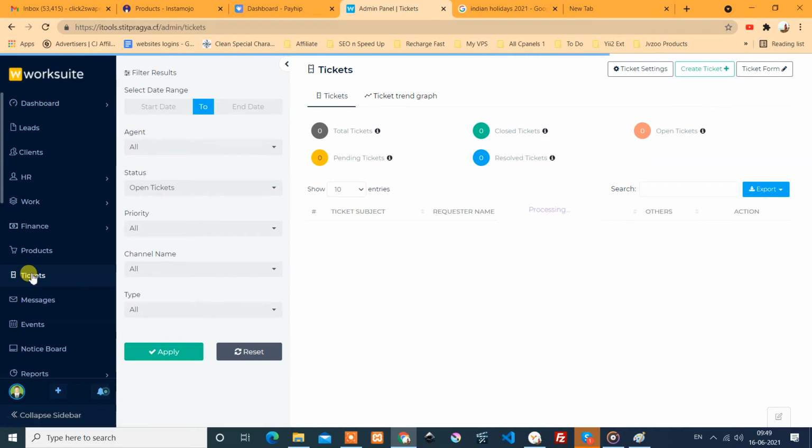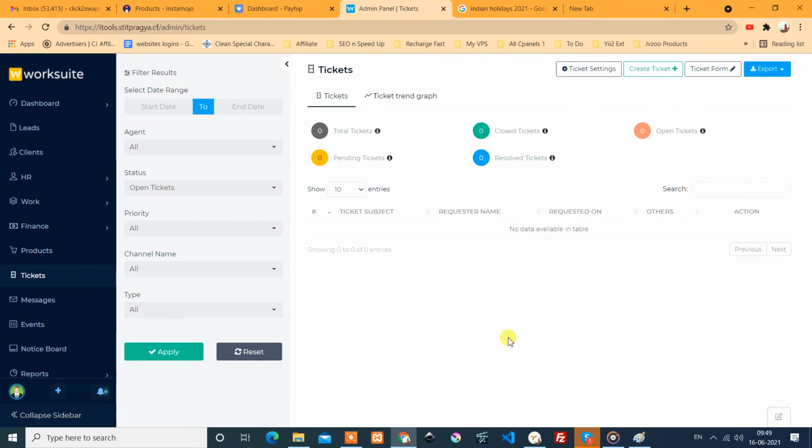Customers can have some problem and their doubts, they can ask through the tickets. Sometimes they don't know how the product is working, or your services you are providing is not working, they can have the ticket. Or sometimes it will be like that, within the company two departments are there, and if someone does not get the idea of how this thing is working in another department, and if that thing is related to that second department, they can raise the ticket, and admin can handle those tickets from here.